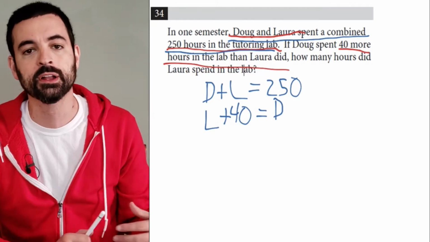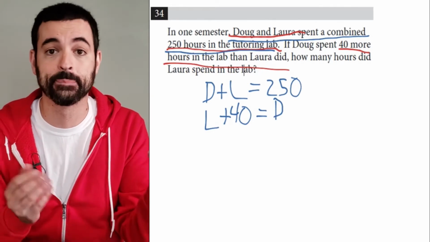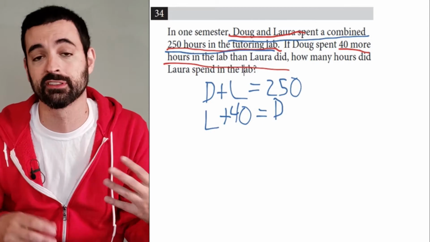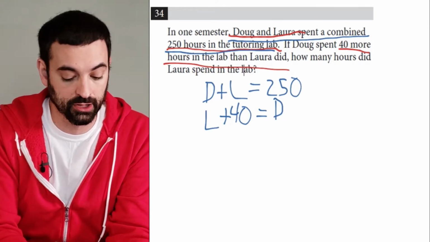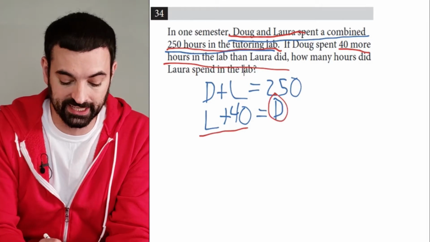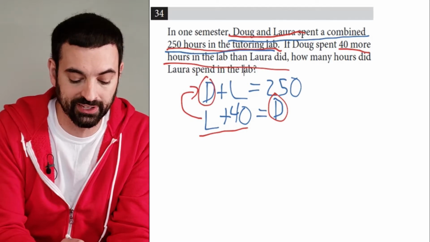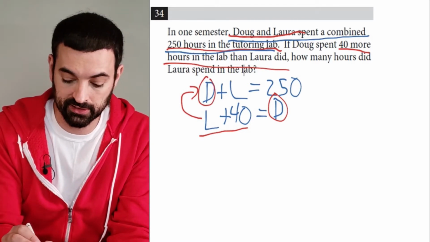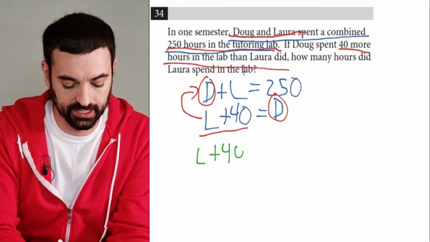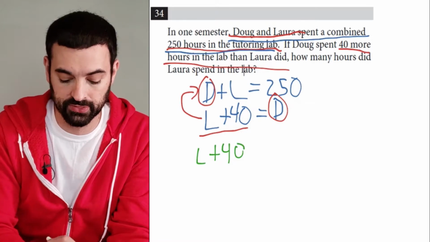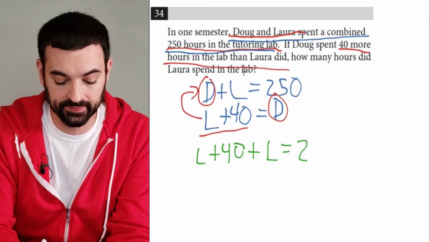Doug is 40 more. Think of it this way. We have to add 40 to Laura's total to balance out with the number of hours that Doug worked. So it's Laura plus 40 equals Doug. Now that we know that L plus 40 equals D, then we can put L plus 40 anywhere that we see the letter D. So rewriting this, I will switch colors, I guess. We'll say that L plus 40, that's the D value, that's Doug, plus L equals